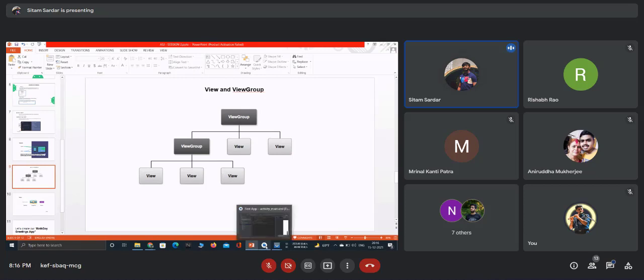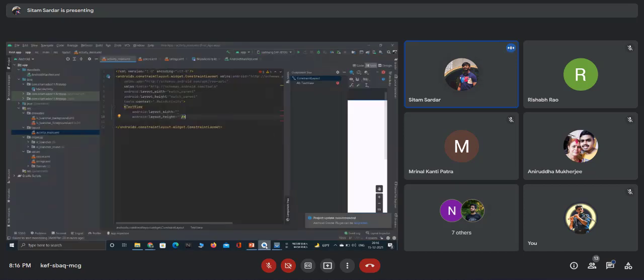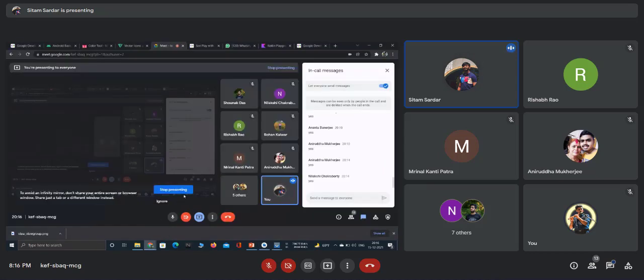Now in Android there are a lot of containers. One of the popular containers is constraint layout. That is a container where you can put views, and now you can understand what this name does. This is the text view, right? Can anyone of you tell me what text view does? Anyone? You can open up your mic and say what text view actually does.